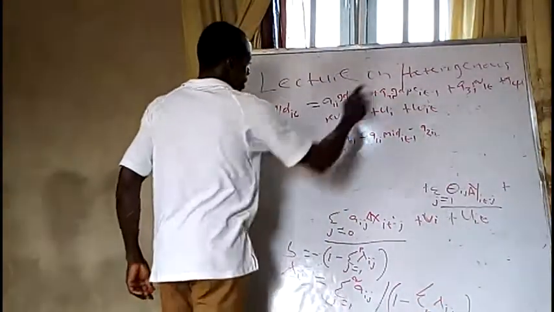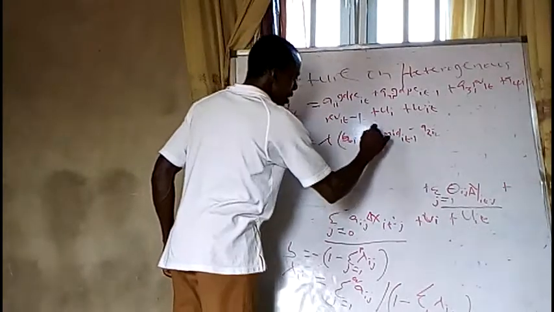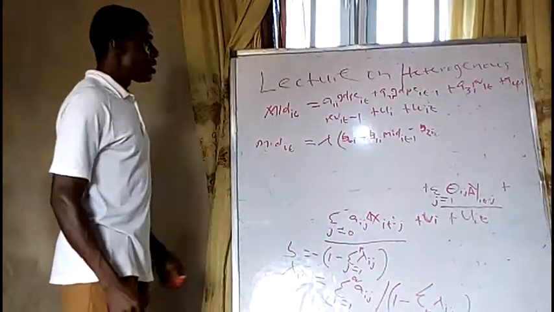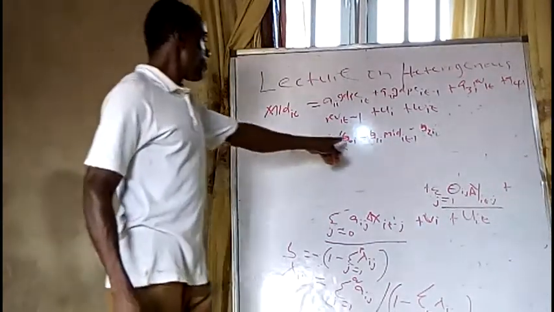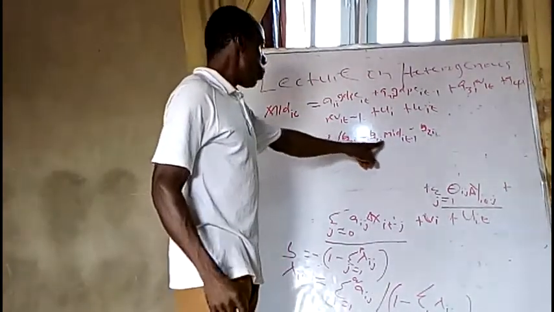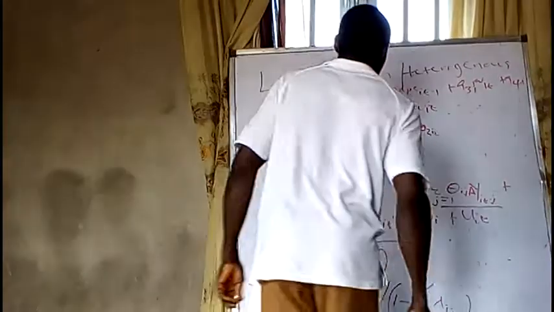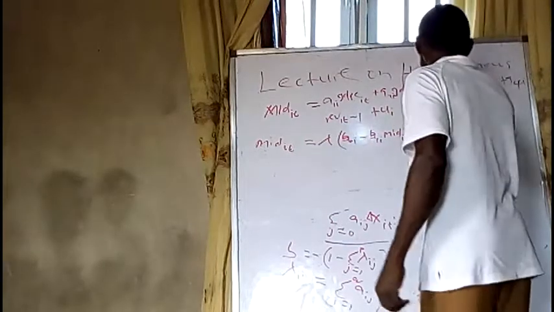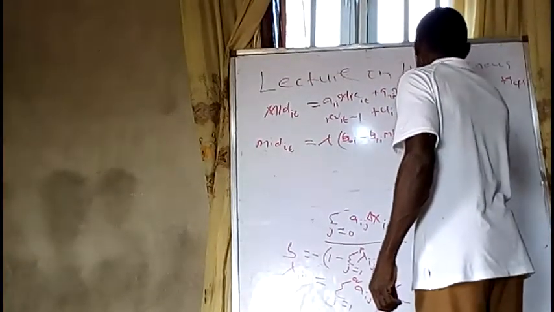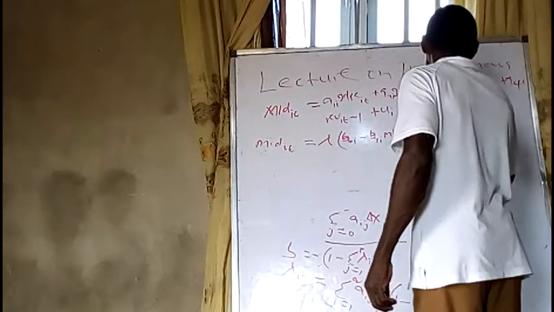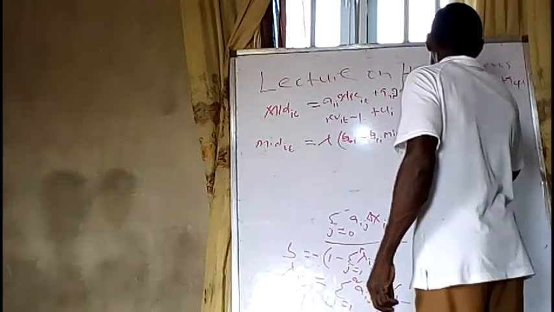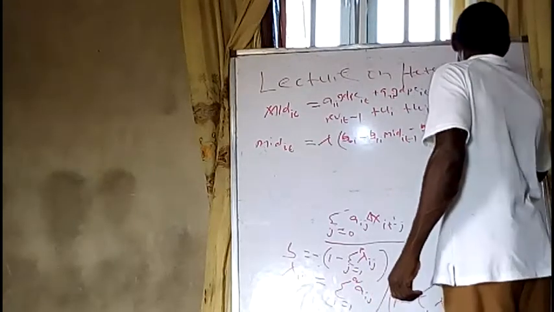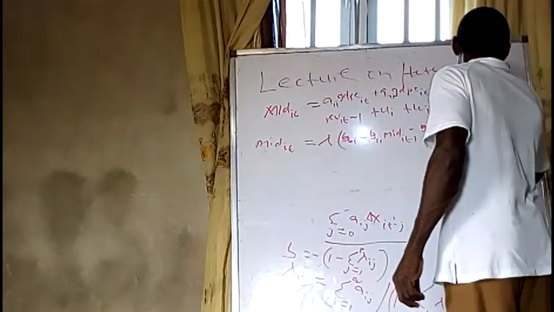Instead of using this parameter, let me now use B. B will be here, and also we have B here. B0I, B1I, then B2I. Then you take the first variable here, which is GDP per capita at level minus B3, then reserve